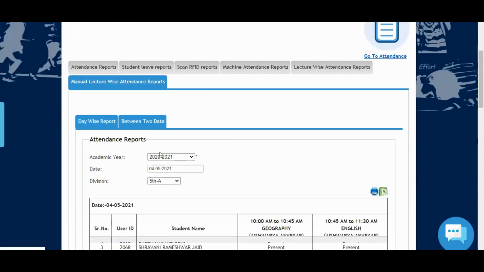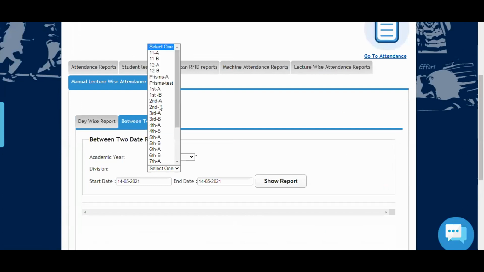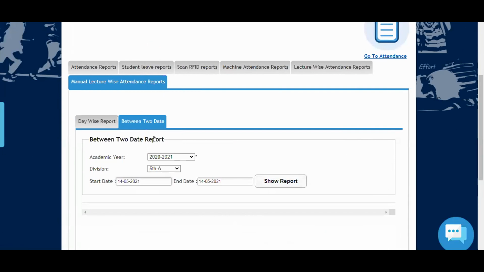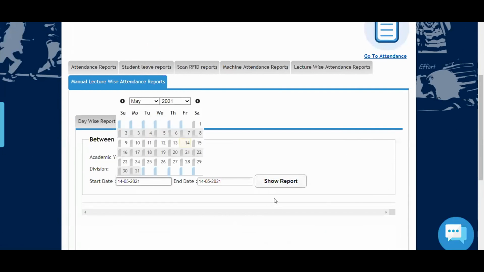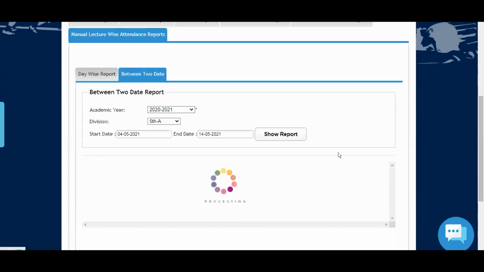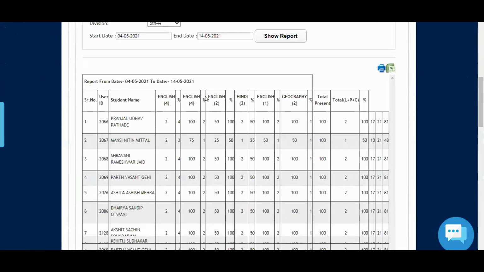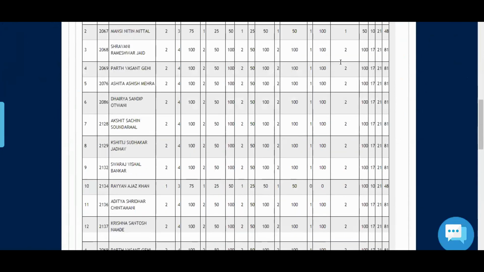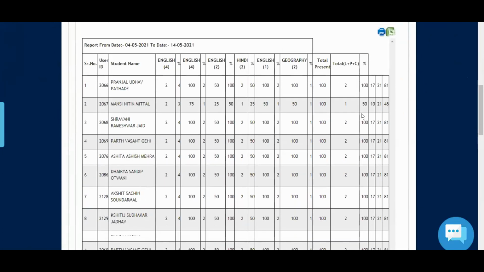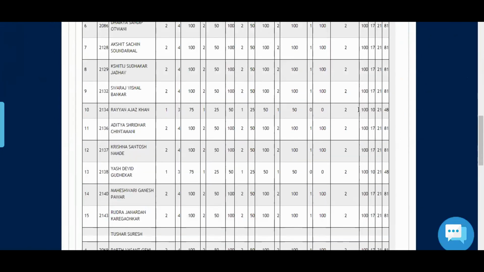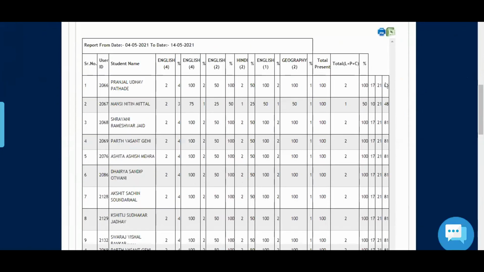In the same way, if you want to see in-between dates, you can also check that as well. So it will show you subject wise. And you can also get a percentage. And you can take a printout of that.